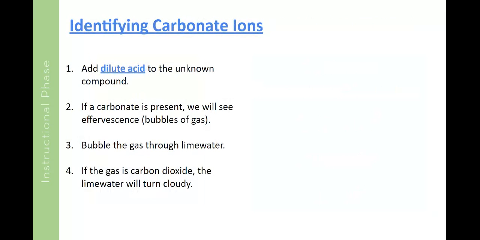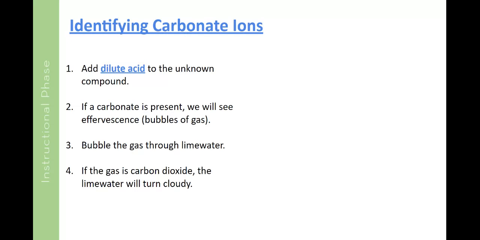So the first test we're going to look at is how to identify carbonate ions. The first step when looking to see if a substance contains carbonate ions is to add acid to the unknown compound that you are testing. So you add the powder into a test tube, you add some acid. If it's a carbonate, what you should see is bubbling, fizzing, because carbon dioxide gas should